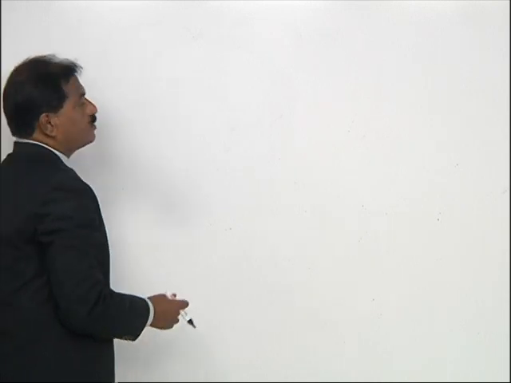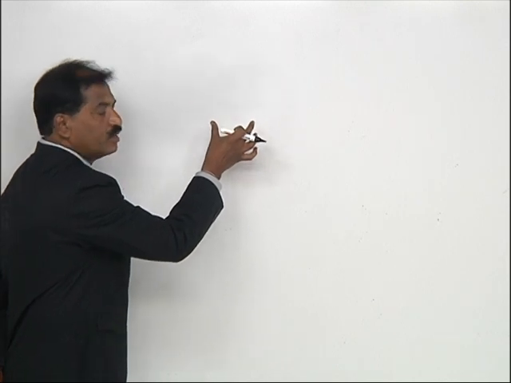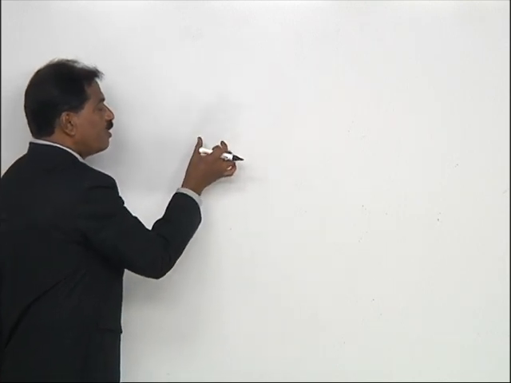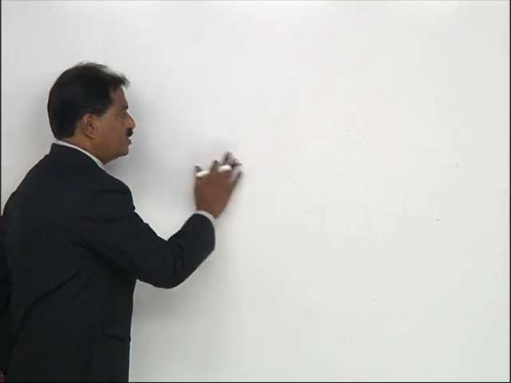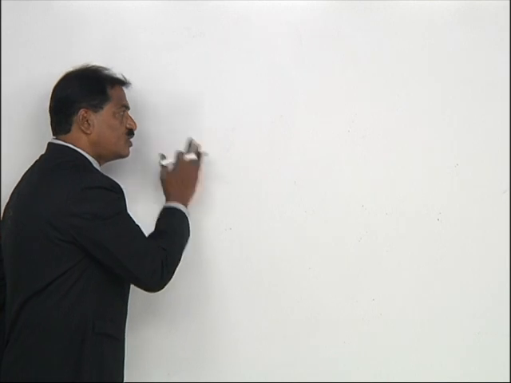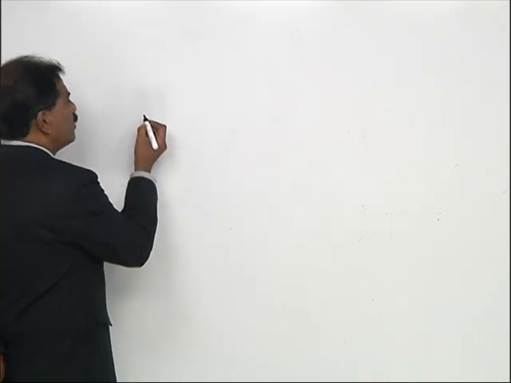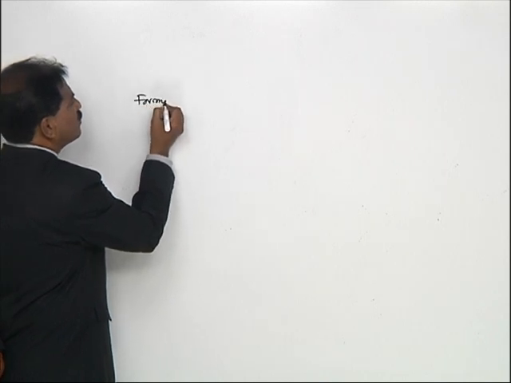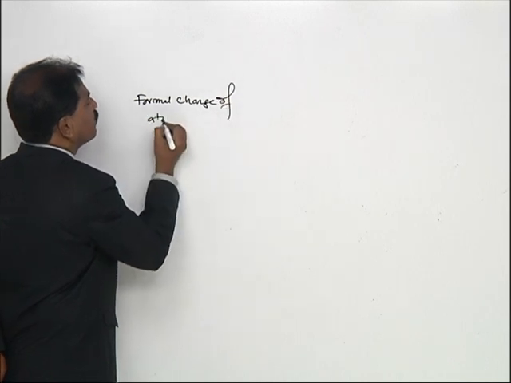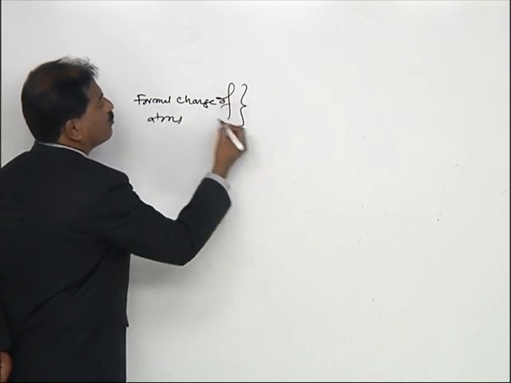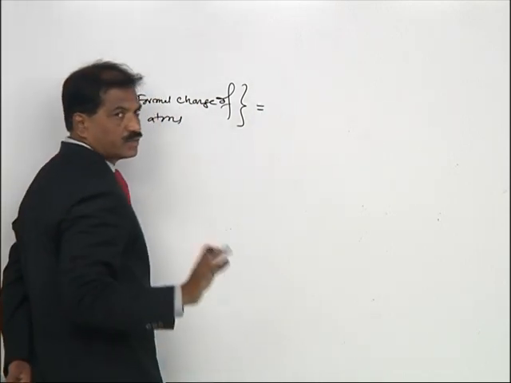Next, these oxidation state calculations we are doing according to empirical principles. The oxidation state that we get through these calculations does not represent the actual charge carried by the atoms. The actual charge carried by the atoms can be calculated through the formal charge principle. Therefore, formal charge of the atom is equal to,